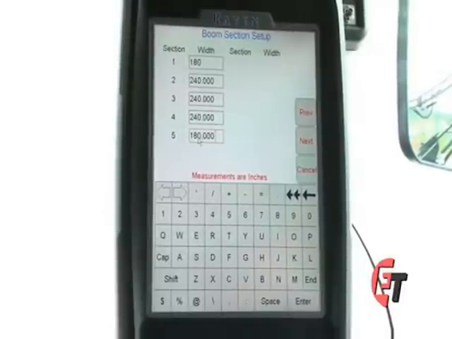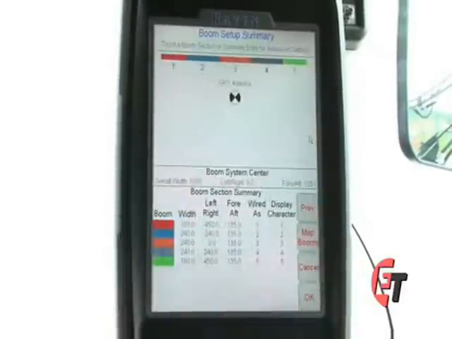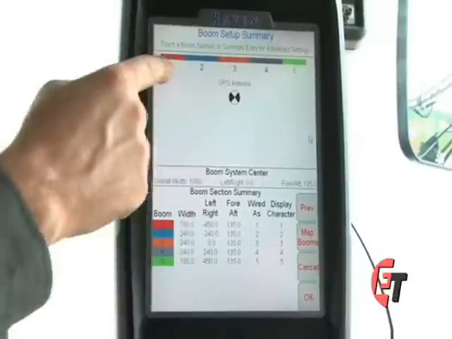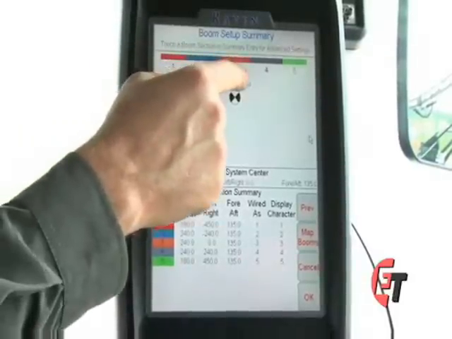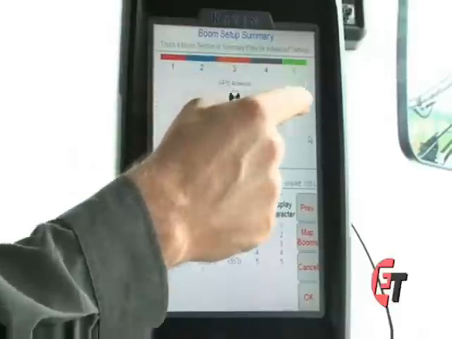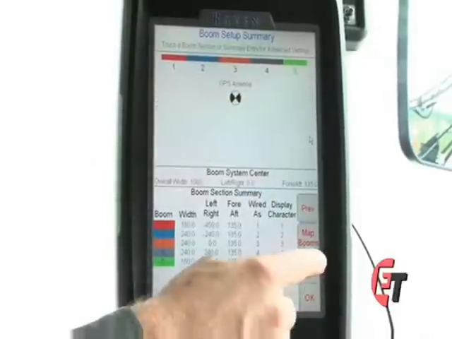Once I have that set, I will press the next button and come into my boom setup summary. This is where I will map my booms or assign a value for each number. This is how I would like my booms set up from left to right as 1, 2, 3, 4, and 5. To map those booms automatically,